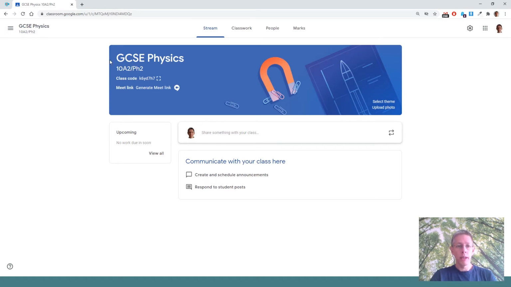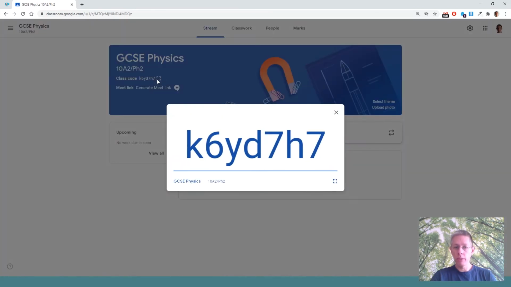Okay, so here's GCSE Physics, the name of the class. There's a class code here, which you can project onto the whiteboard if you want to. And then the students can type that code into their own Google Classroom. Remember on the plus button it said create or join a class, so they'll be able to join a class